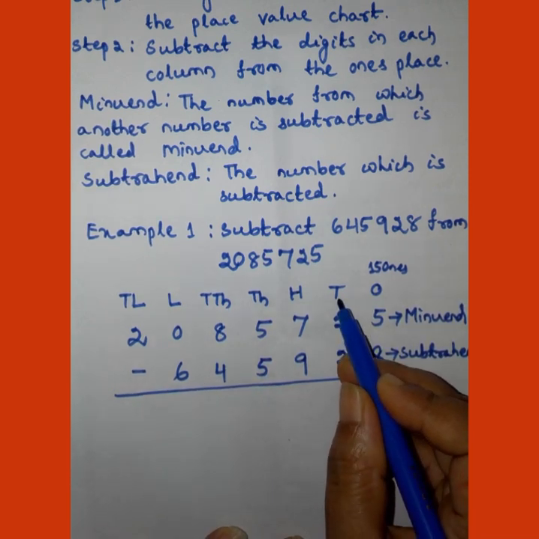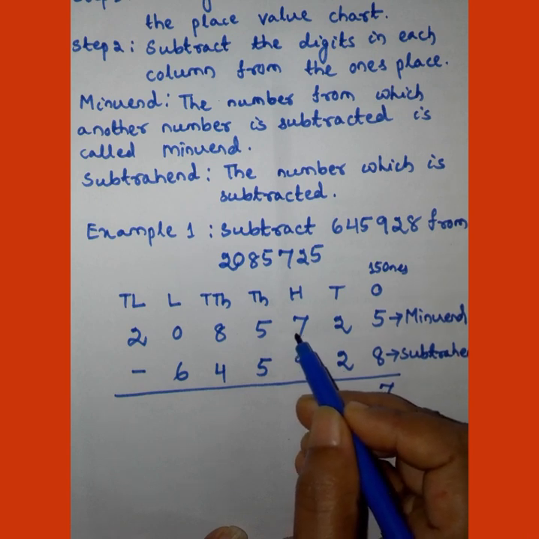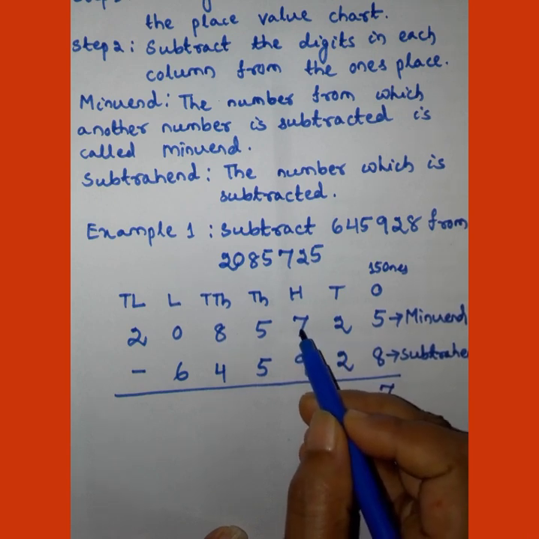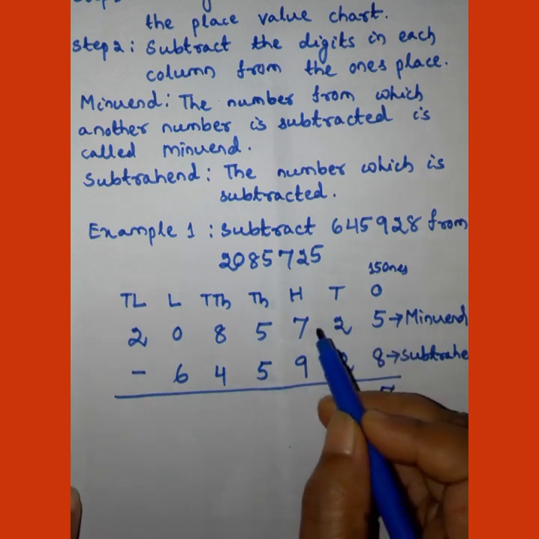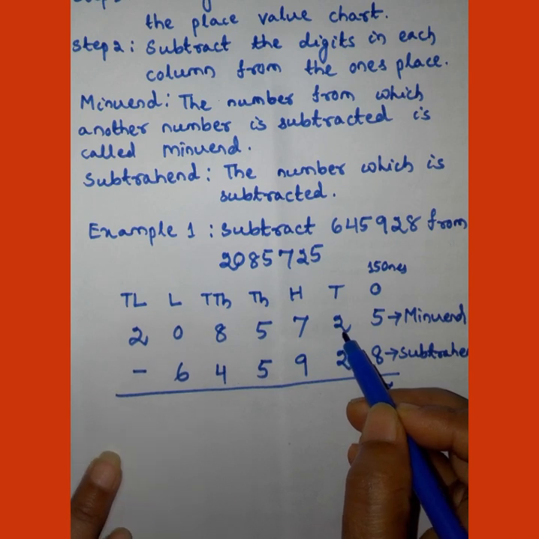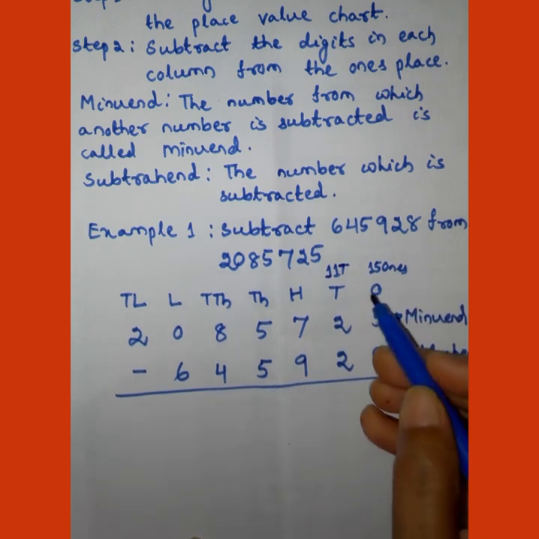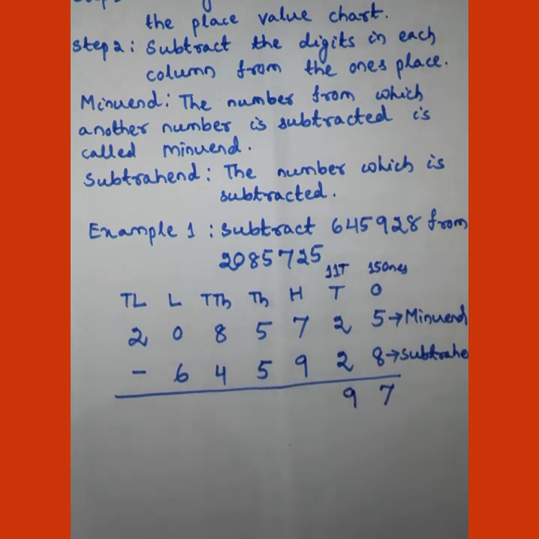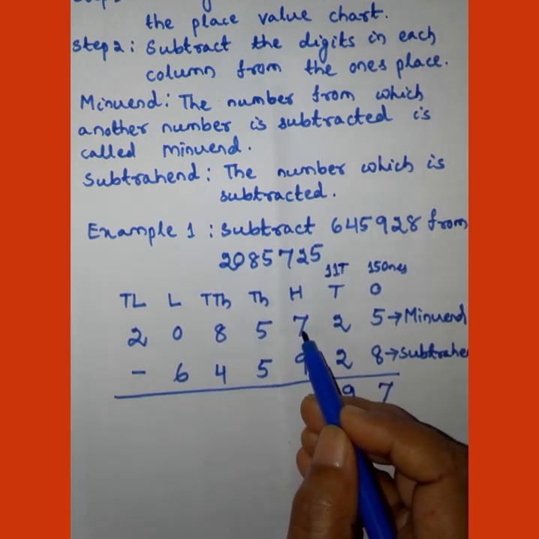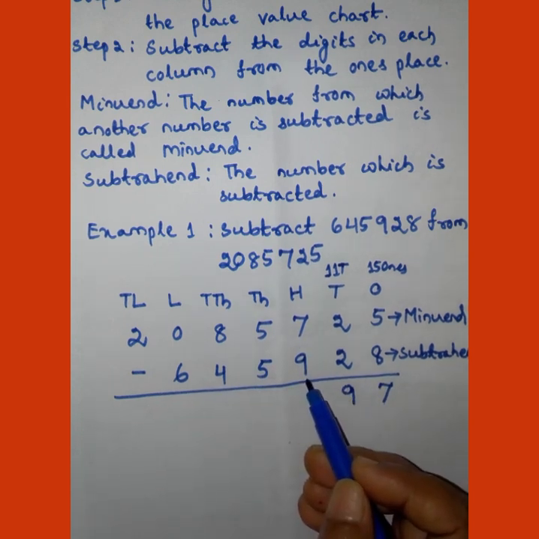Then here is 10 and we have to subtract 20 from 10. 20 is greater. That's why we have to borrow from hundreds place. We have to borrow 100. 100 equal to 10 tens. 10 tens. Here is 10. This is 110. Then subtract 20 from 110. It is 90. Then in hundreds place it is 600 and we have to subtract 900.